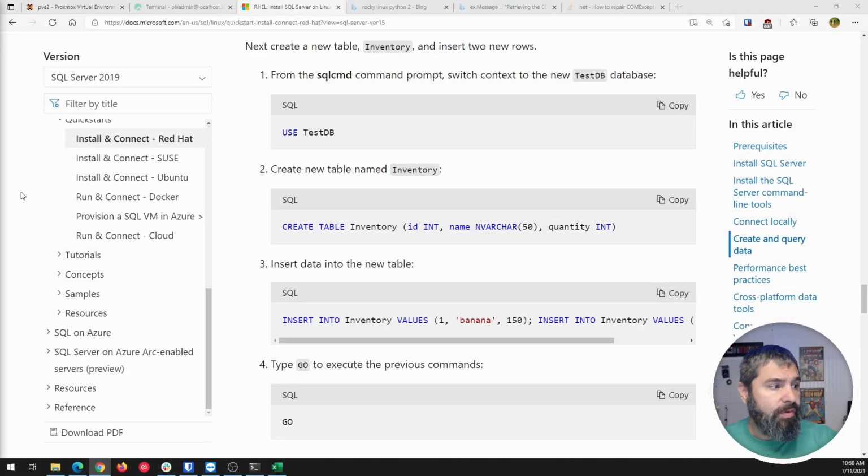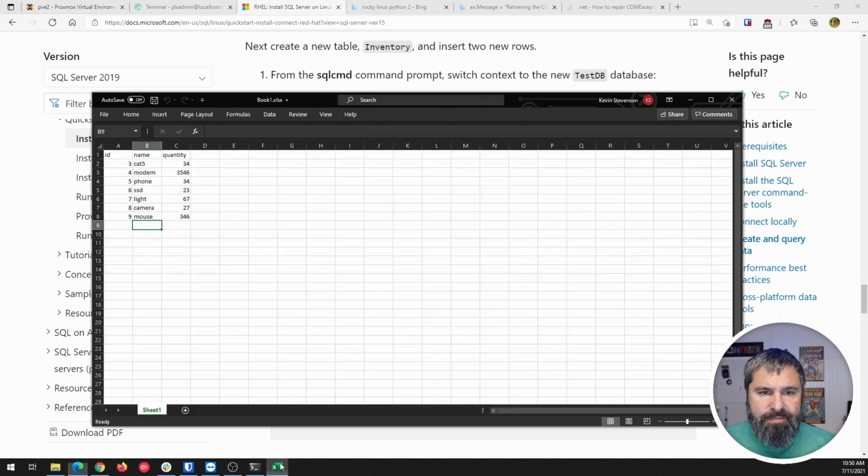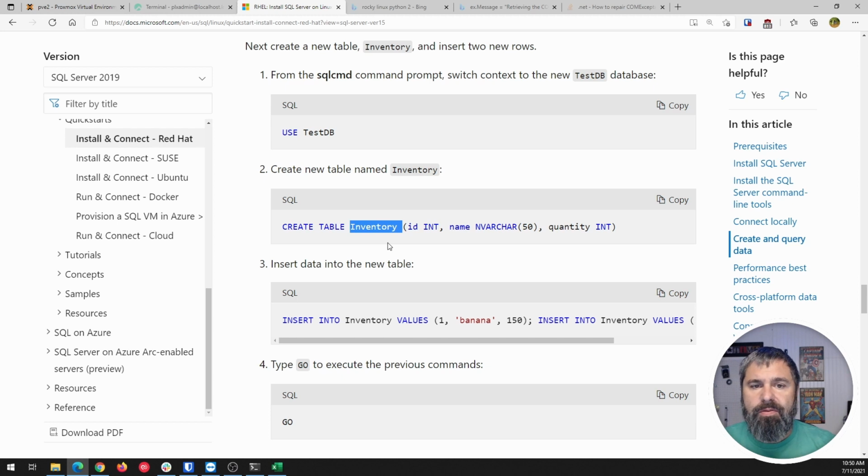All right, so here we have our SQL Server. We've created a table that's an inventory table, right? And it has three columns: ID, name, and quantity. And so I've created a CSV which has ID, name, quantity, and here's some values for each one of those. All right. And so this is an Excel spreadsheet. I just change it to a CSV, and then we're going to upload it to the SQL Server and do an insert. So, but first, you might be wondering,